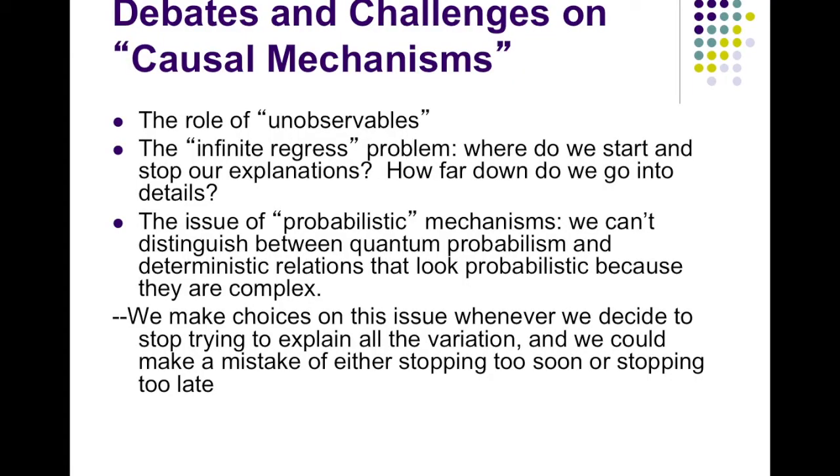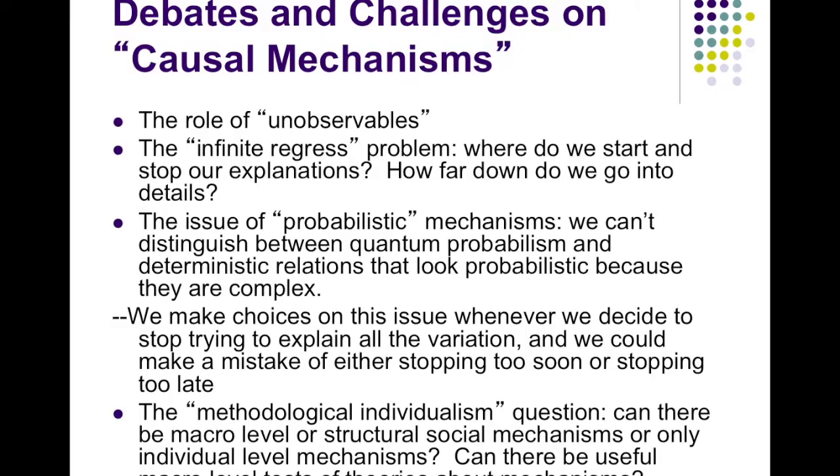So we make choices when we stop in our research. If we stop trying to explain away anomalies or things that don't fit, we're acting as if the rest were probabilistic. And if we keep pushing down into smaller slices of space and time, we're acting as if we think there's something a little bit more invariant or a little bit more deterministic in there, that we could figure it out if we just look closely enough. And we'll make those choices. Again, we could waste our time by trying to go into really tiny slices of space and time and not really adding much, or we could stop too soon, whereas if we just looked a little bit more closely, we would have had a better understanding of the phenomena.